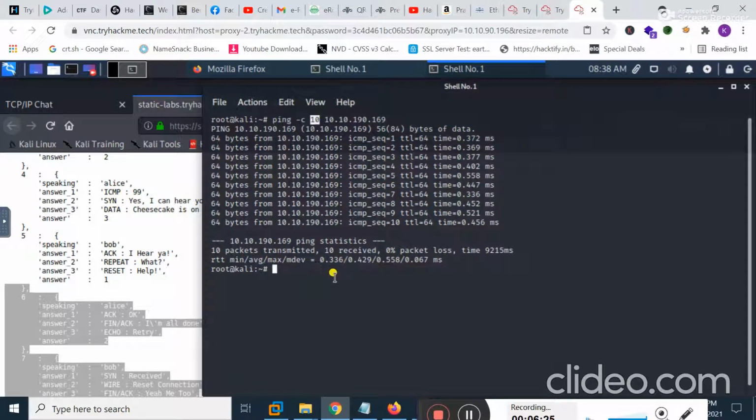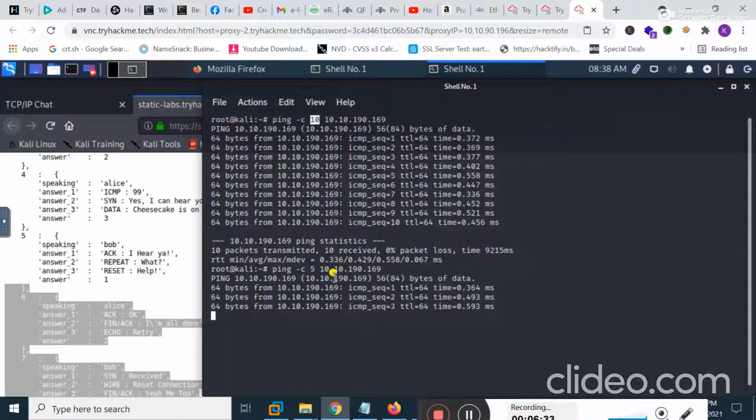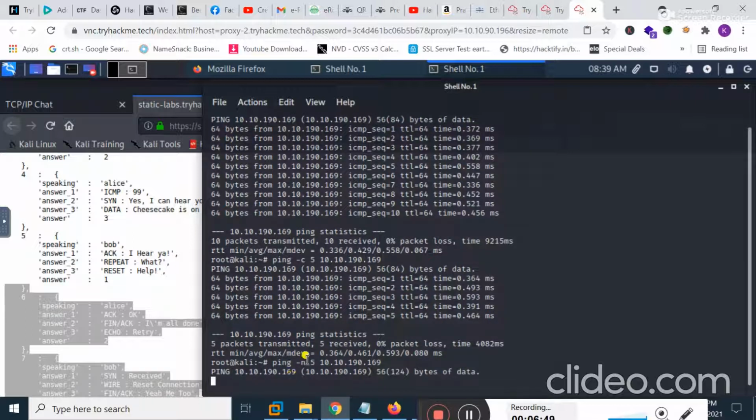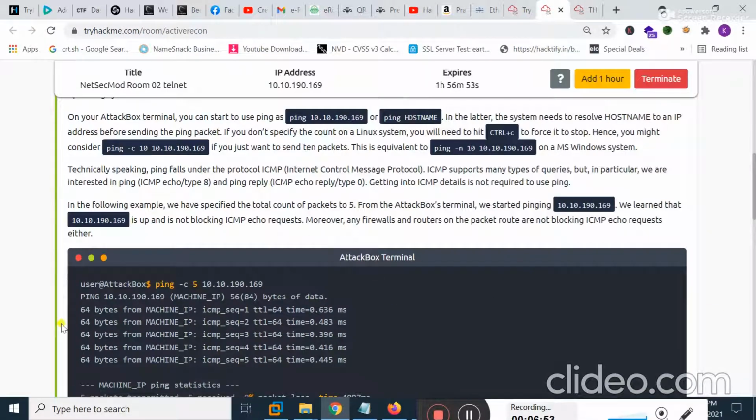It automatically quits. Okay, when I type here the number of packets as 5, obviously it checks whether the target machine is alive or not by sending 5 attempts. So students, you can also specify the number of packets here. Let me check by -n and hit enter. You can also use the hyphen n switch in order to check whether the host is alive or not.